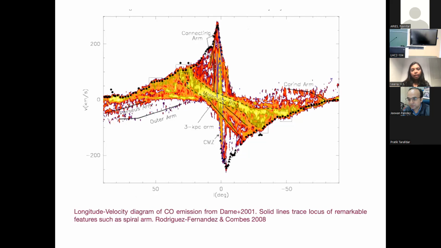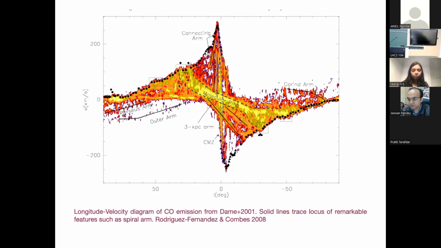And in these structures, you see some enhancements in brightness, which is typically believed to be due to spiral arms. So they model this as some spiral structures, and this is how we try to understand the larger scale structure